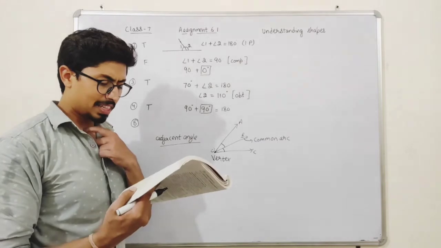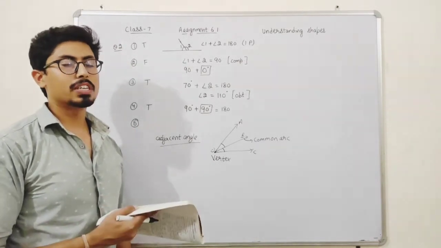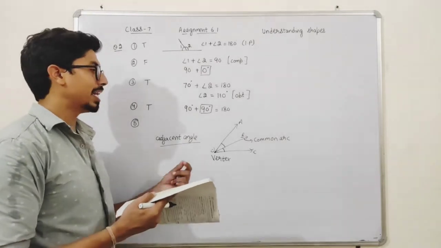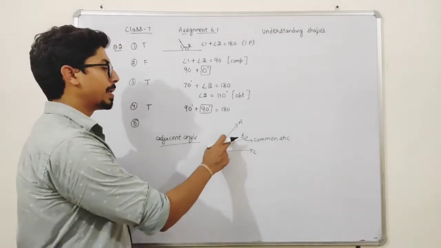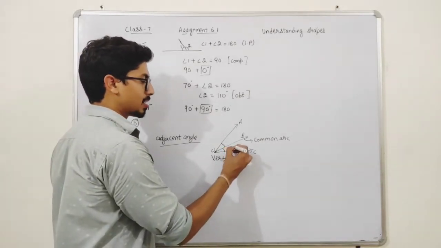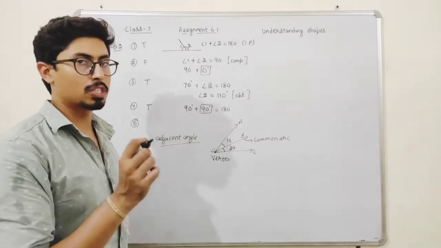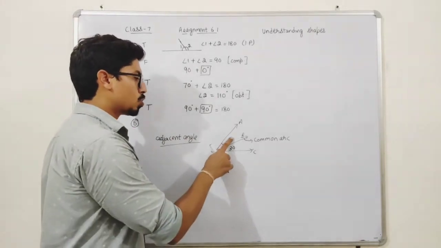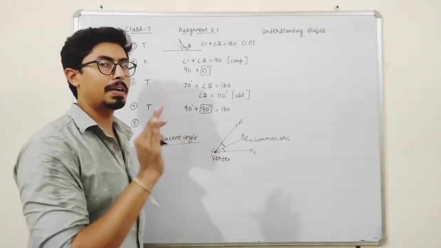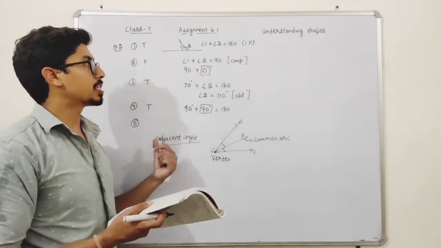So students, it is given that the sum of two adjacent angles is supplementary. Students, it is not true, because it is false. It can be 90 degrees. The sum of these two can be 90 degrees, or if I get 30 and 15, it can be any angle. It is not compulsory that the sum of these two will be only supplementary. So the statement is false. So students, this is our question number 2.